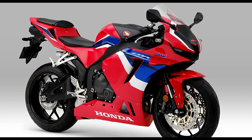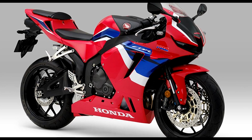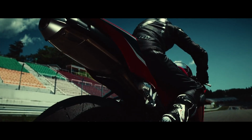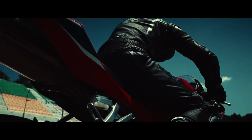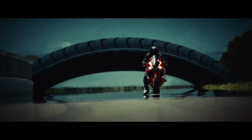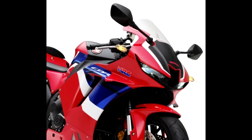So first off, the fairing style has changed a little. Looking at the rear, it looks like it's the same. Good thing is we're keeping the undertail exhaust because that's one of the things that make the CBR600 so sexy. It also looks like the lights are being upgraded to some LEDs in the front. I'm surprised that they have not integrated the turn signals into the mirrors, but maybe that'll change by that official